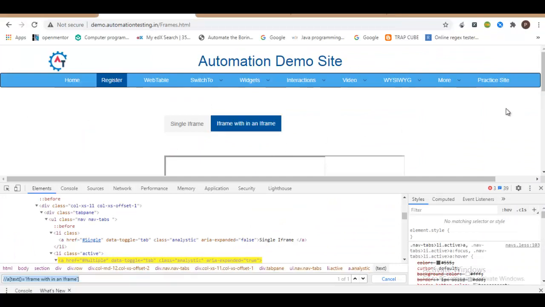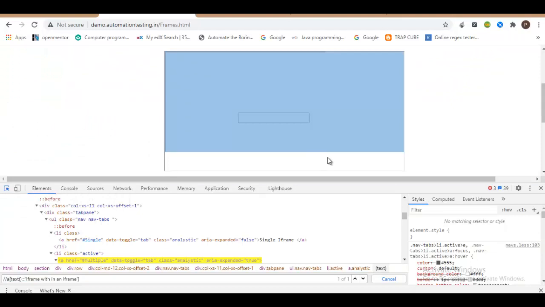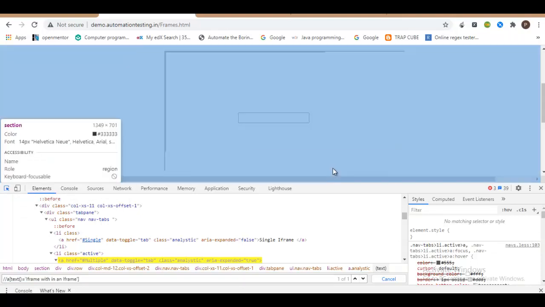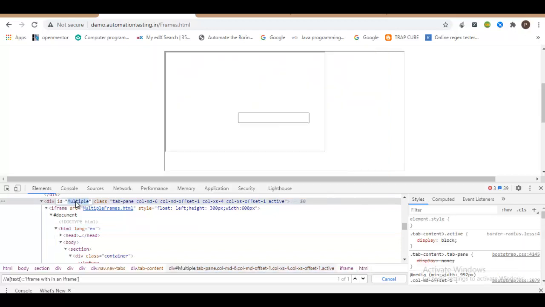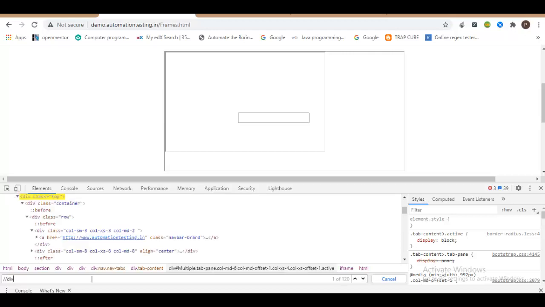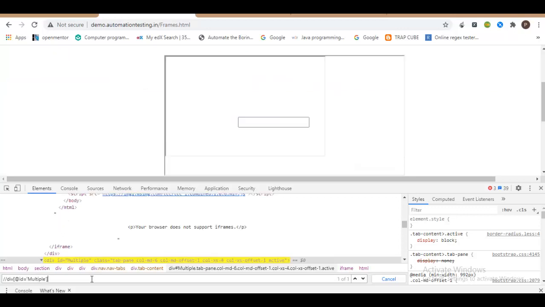In this particular page, it looks like we have a couple of frames. Let me quickly inspect. So we have one frame which contains multiple frames. Let me write an XPath for it. It is in a div tag, and I have an ID value, and let me navigate from here by giving /iframe.